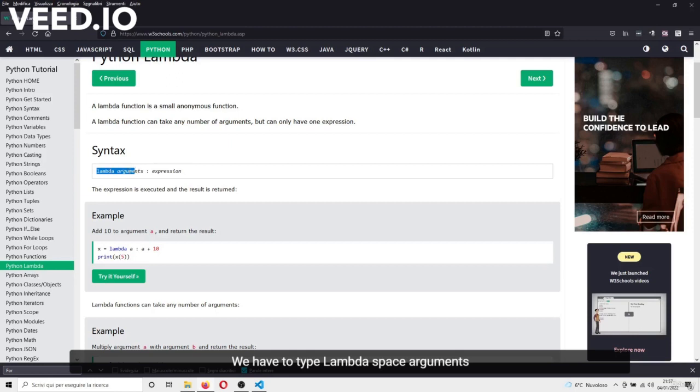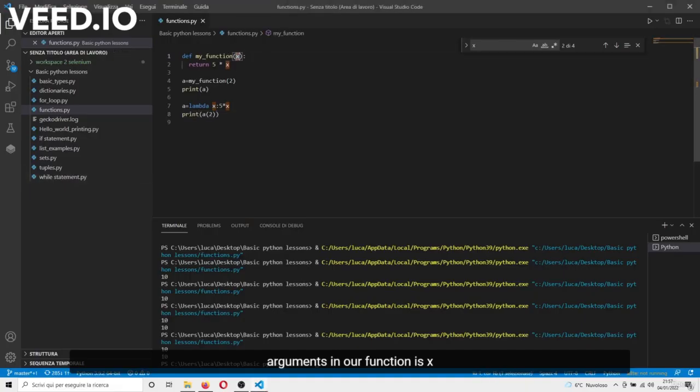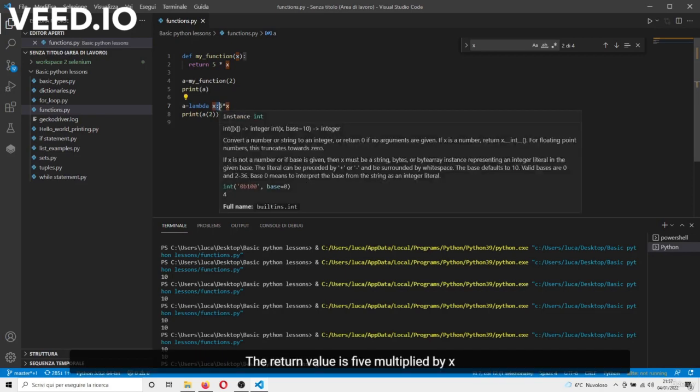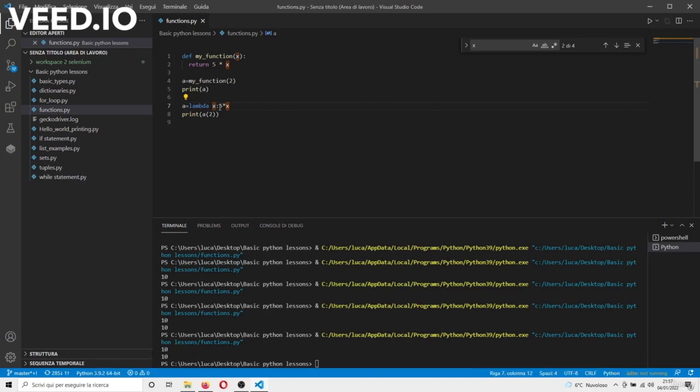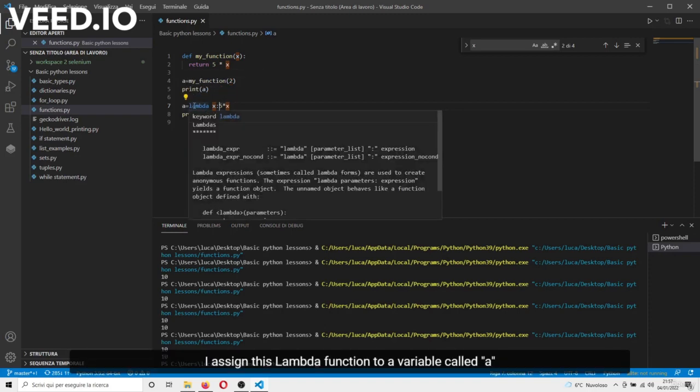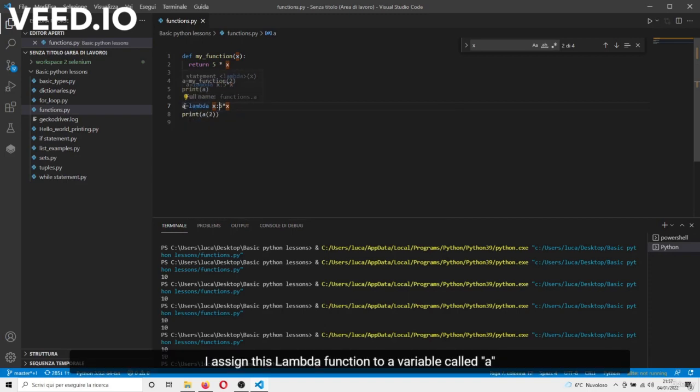type lambda space arguments space double dots space expression, and the argument in our function is x. So lambda space x double dots. The return value is 5 multiplied by x. I assigned this lambda function to a variable called a, and